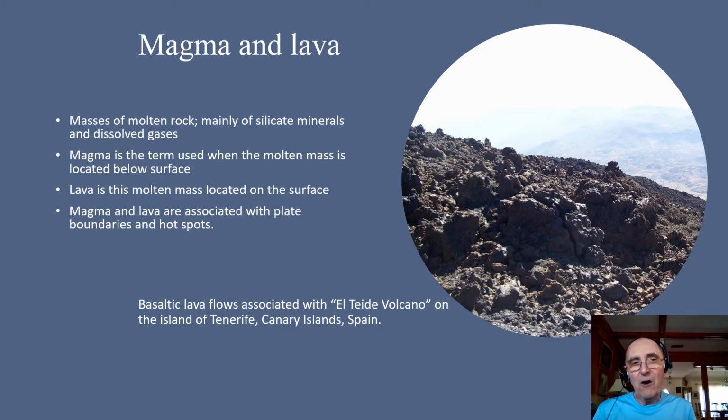So magma and lava are masses of molten rock composed mainly of silicate minerals and dissolved gases. Magma is the term that we use when this molten mass is below the surface. Lava is the term that we use when this molten mass is located on the surface. Magma and lava are associated with plate tectonic boundaries or hotspots in the Earth mantle. By the way, the picture that you see here is a lava flow associated with the El Teide volcano. It's located on the Isla de Tenerife,